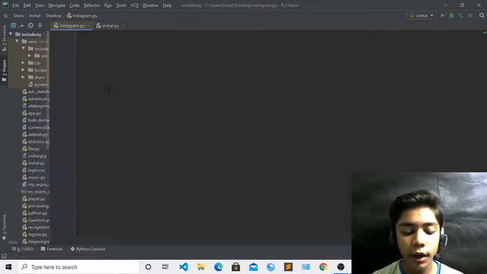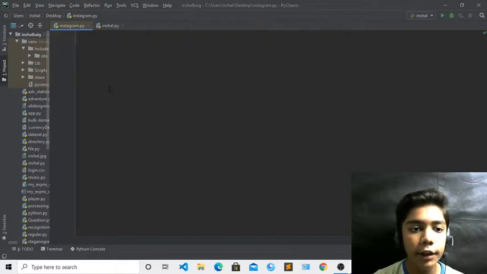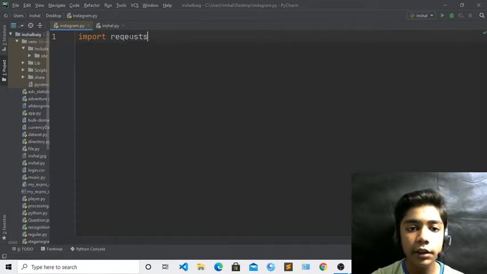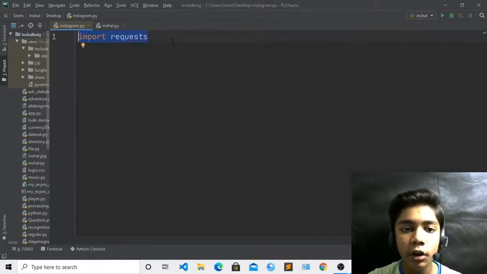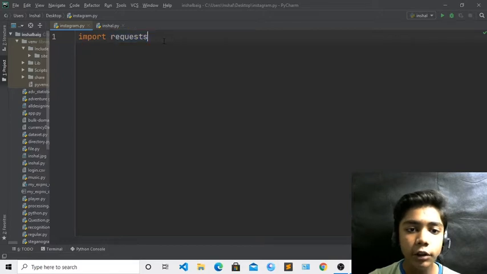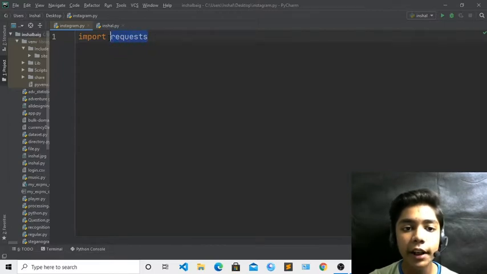Now here you have to import the modules. We have downloaded the modules, now we will import them. First of all we have to write import requests. Spelling should be correct here. I am explaining this because requests does not have any other sub-package, it is only the leader of the packages. Like bs4 is the leader of beautiful soup, so we write from bs4 import BeautifulSoup. But in requests, the only leader is requests, so we only write import requests.